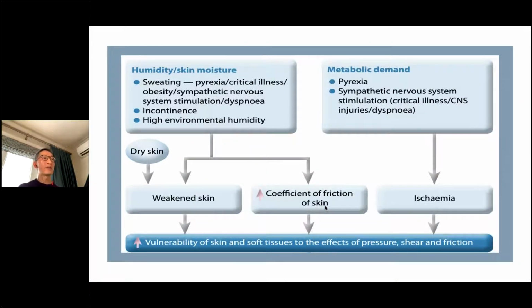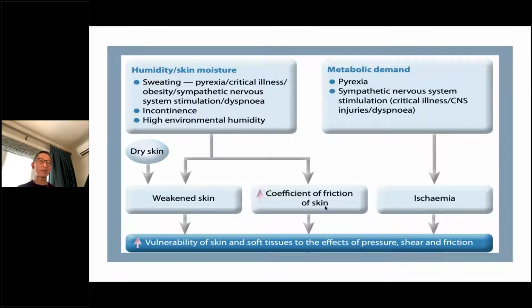The other factor is in relation to the microclimate. For people not familiar with this term, microclimate is a concept that has two major factors. One is humidity, the moisture on the skin. The other factor is temperature. We know that when there's an elevation in temperature, there's an increase in metabolic demand. So people with pyrexia, with fever, with increased temperature, and also people with increased heat locally because they have all the sheets wrapping around them, all this unbreathable material wrapped around them. Of course, the temperature would not be able to dissipate into the surrounding environment, resulting in elevation of temperature. At the same time, locally, the skin will respond to increased temperature by causing a sweating response to remove the heat. So the combination of heat and moisture